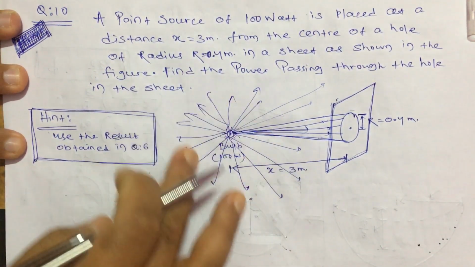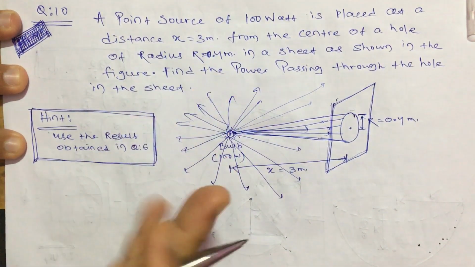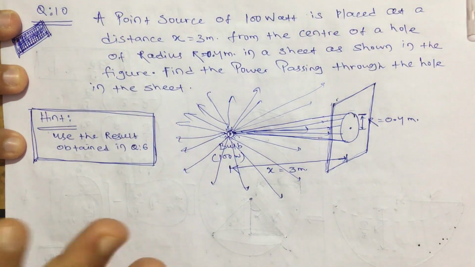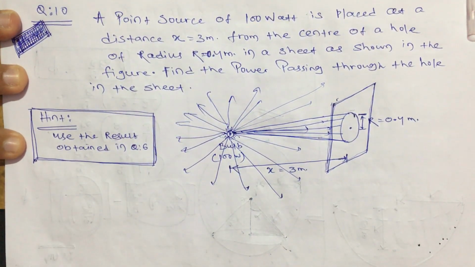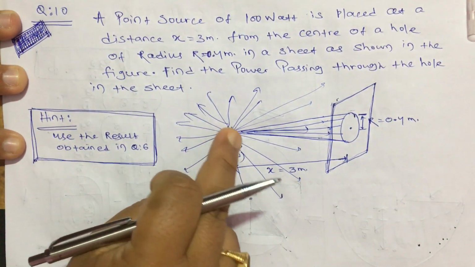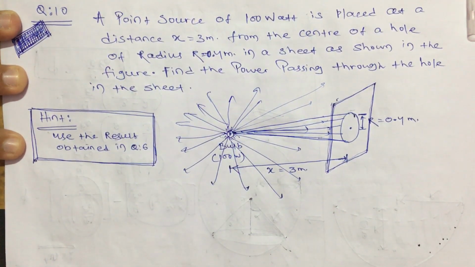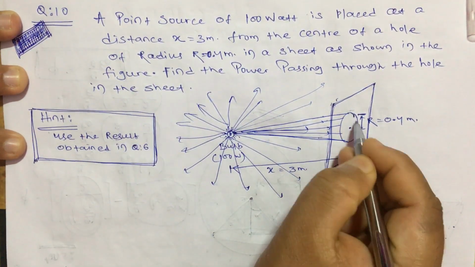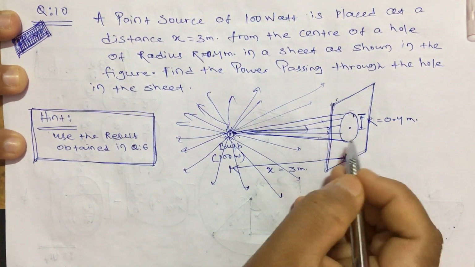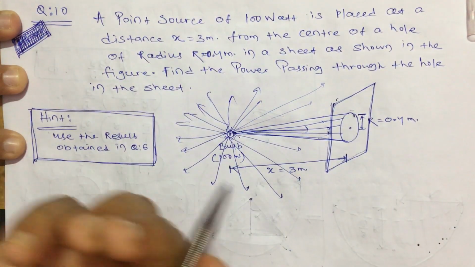We know what the total flux is for a charge. I am not going to the power. In many books this question is solved by going to intensity, power and all that, but here I am not going to use any power expression or intensity expression. Let us assume that it is a charge, and we have to find the electric flux passing through this area, and we know how to find that.